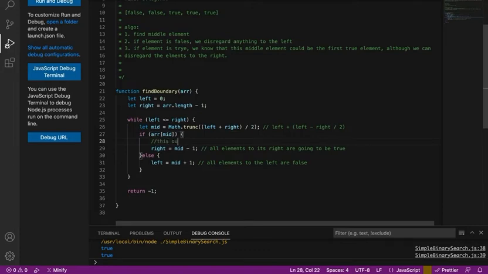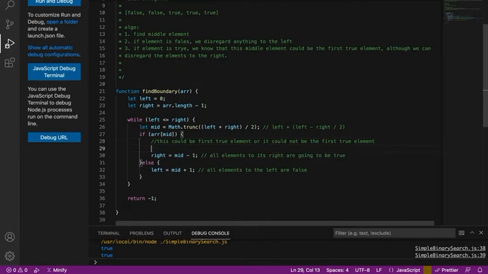this could be the first. This could either be a first true element, or it could not be the first true element. We don't know that for sure, right? And so there's only one way to figure it out, and that is to use,